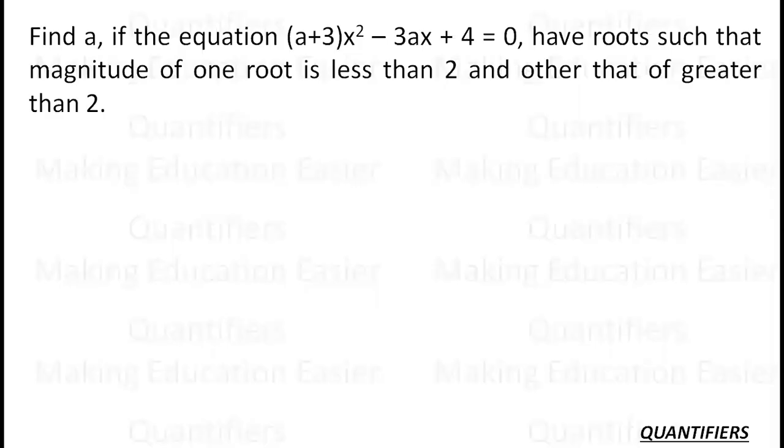Now, let's see what the question is all about. The question says: find A if the equation (a + 3)x² - 3x + 4 = 0 has roots such that the magnitude of one root is less than 2 and the other root is greater than 2. So basically what it is saying is that there is a point 2,